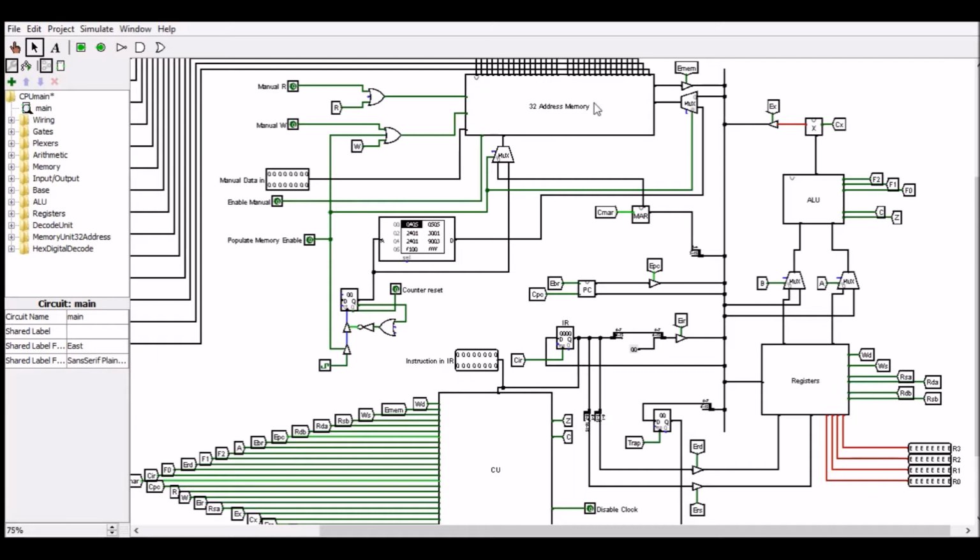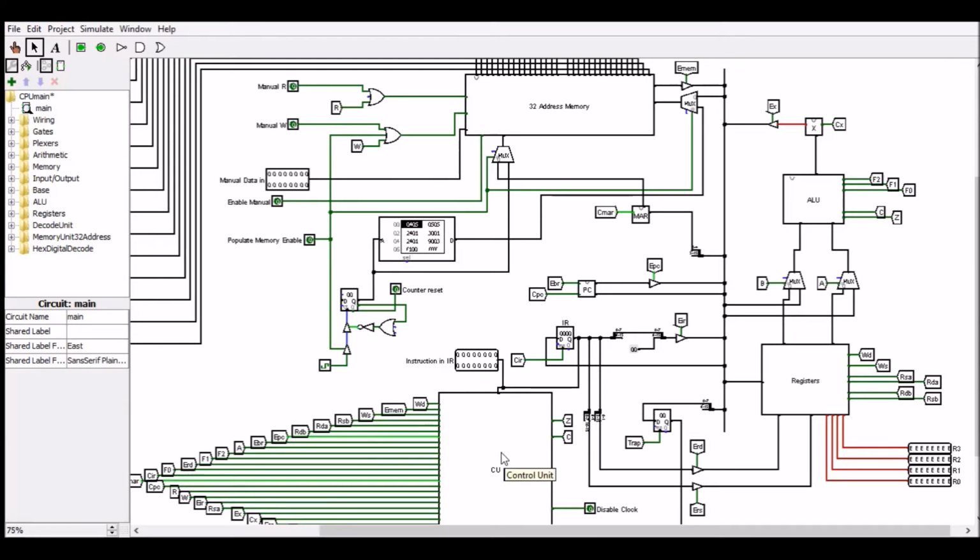It has 32 addresses of 16-bit memory. It has 4 data registers that can be used in calculations. Those are all 8-bit. It has a program counter, a memory address register, an instruction register,